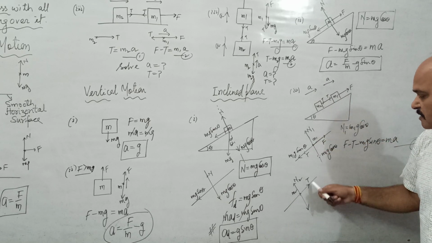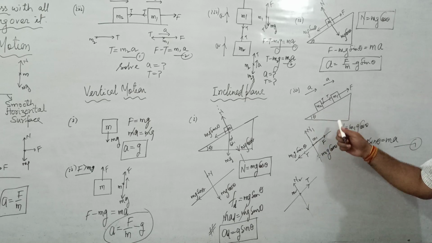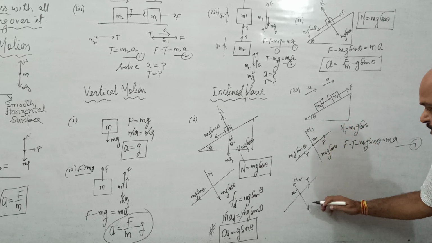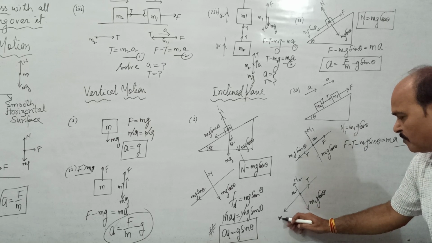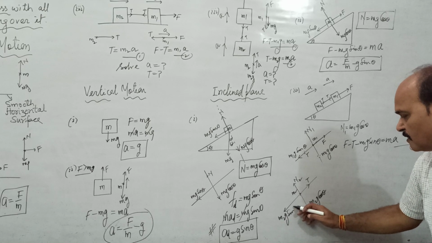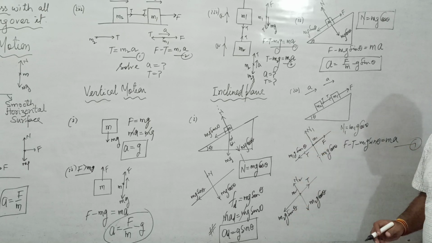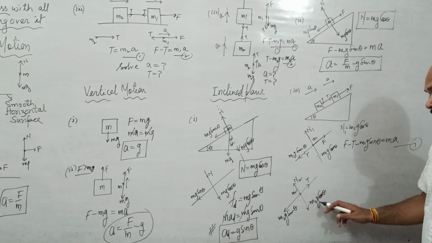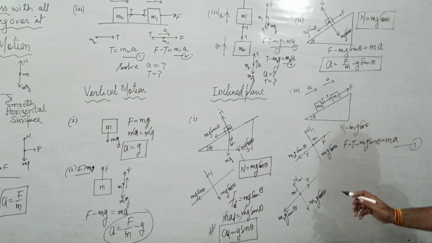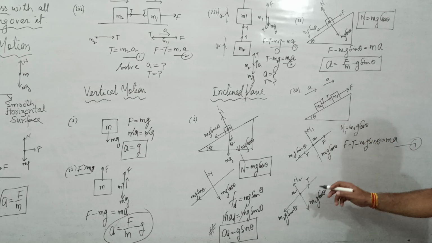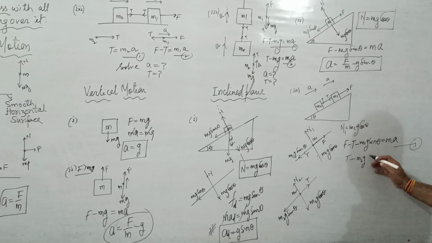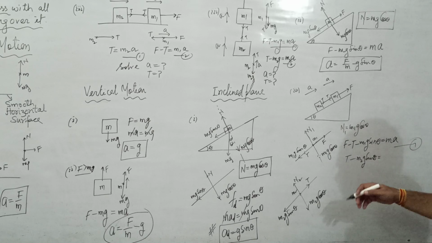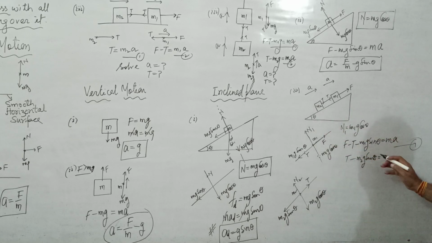So what is this T? The force acting on this mass. Now the other forces are the components of the weight: one is m2g cos theta here, the other is m2g sin theta. Since there is no motion perpendicular to the incline, n2 is equal to m2g cos theta. I am not writing it again. Now, since the body is moving up the incline, the net force has to be T minus m2g sin theta, and that is equal to net force, which is mass of the body times its acceleration.